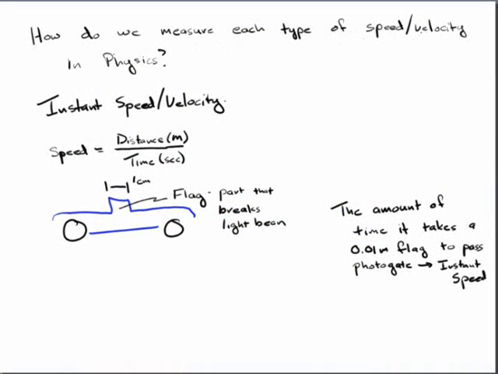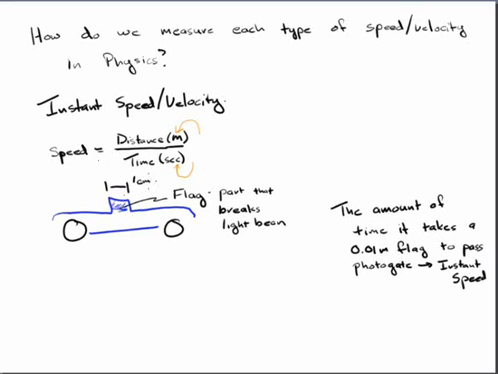So, how do we use the CPO equipment to measure different types of speed or velocity? If we take a look at instant speed, if speed is distance, in this unit meters, which is the unit I measure distances in my class, and time in seconds, which just so happens to be the same unit that the CPO timers work in, I would be able to calculate speed. Now, the top of my cart, or little car for the CPO, has this blue flag, we call it, this plastic piece. They were very, very careful when they made it, and it was exactly 1 centimeter across.